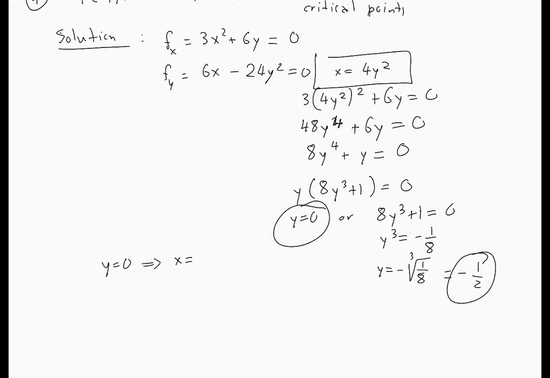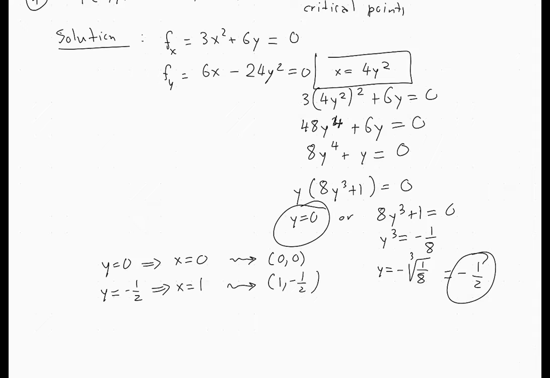And if y is equal to negative 1/2, then that will tell you that x is equal to 4 times negative 1/2 squared, meaning 4 times 1/4, which is 1. So that will give you the point 1 comma negative 1/2. Okay, so we have our two critical points,